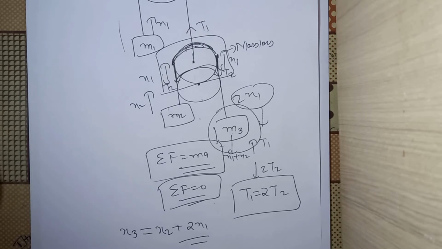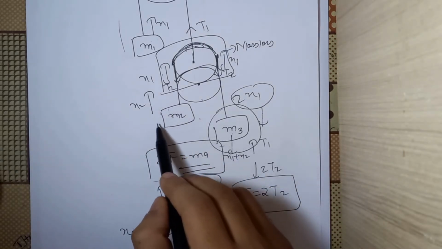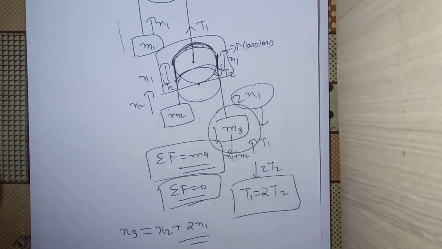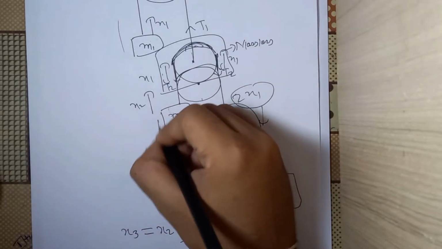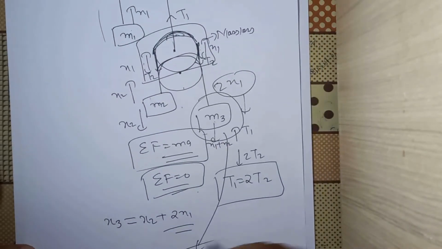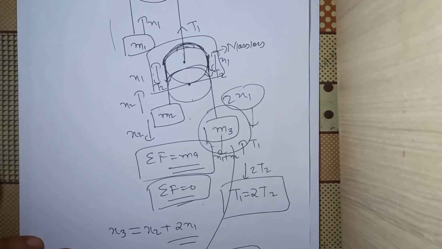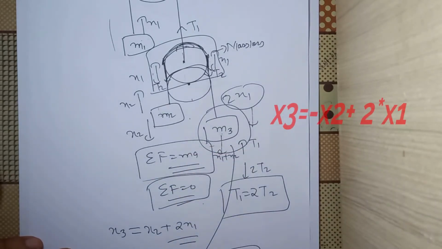As we have seen earlier, if you change the direction of any of the motions, let us say that m2 is moving by x2 downwards, the results that you are getting will change. Let us try that. So let us say that m2 is now moving by x2 downwards. What should happen? Now if I write the equation for m3, x3 will be equal to, now this is moving by x2 downwards, so this is increasing the length of rope.